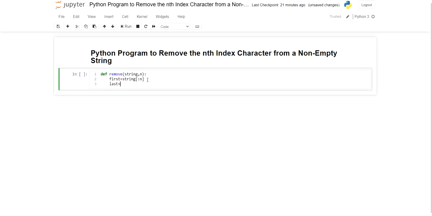And again I'm going to declare a second variable as last. Basically it will count the value after the nth value. Suppose I want n plus 1. What this line will do is, if the user has entered the value as 3, it will count after 4. As n plus 1 is specified here, the value of n is 3, so 3 plus 1 is 4. That's why it will count after the fourth index. So let's just return the function.